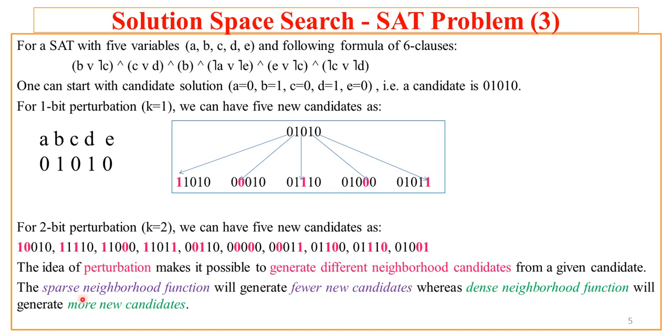using the perturbation method. And if the neighborhood function is sparse, then there will be fewer candidates. For example, if there is 1-bit variation, then 1 bit means very less value. So that is only 1-bit change. That is 1 perturbation. So 1 perturbation generates how many candidates? 5. And 2 perturbation generates how many candidates? 10. And suppose there is 3 perturbation, it will be NC3 number of children. And that means if there is a denser neighborhood function, then it will generate more candidates. Hope you understood this.